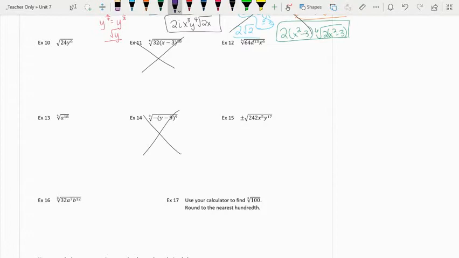So for example 10, this is a square root, so we're just looking for pairs. So I'm going to say 6 times 4. 6 is 3 times 2. 4 is 2 times 2. So we have a pair of 2s, and then a lonely 3 and a lonely 2 on the inside, which leaves it as a square root of 6. Now when we do the square root of y to the 6th, we really are just dividing by 2, which makes us y to the third. So our final answer would end up being 2y to the third over